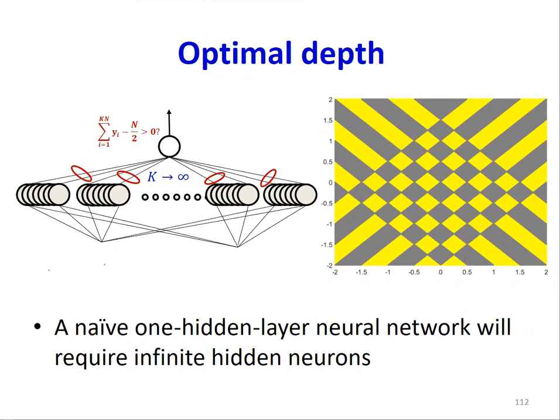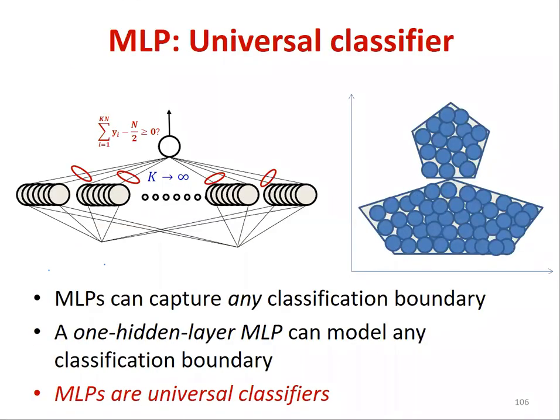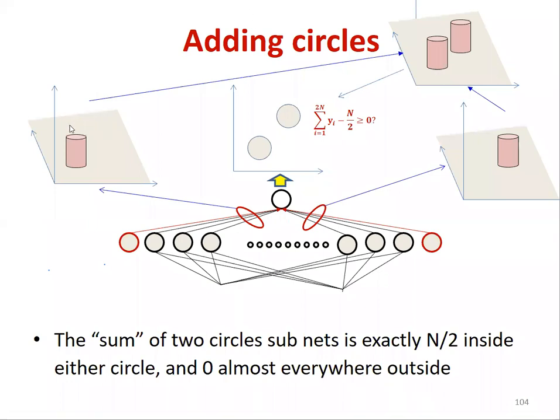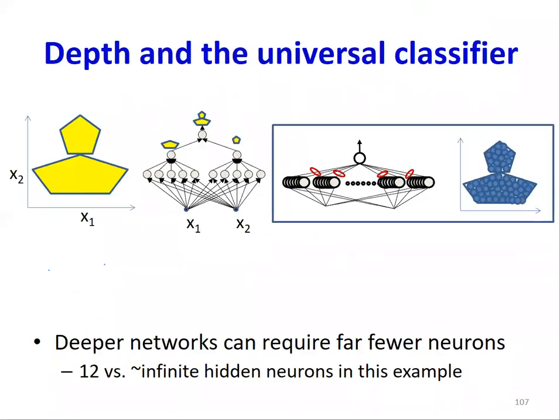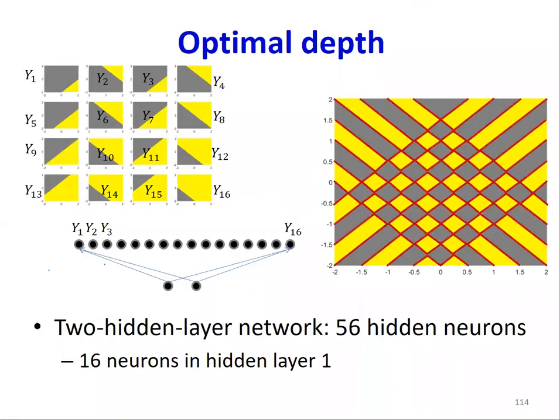So no, n is not arbitrary, right? The threshold was n/2 to get exactly the top. If you use a threshold larger than that, you're not going to get anything. Here the threshold was n/2, right? Because the cylinder has a height of n/2, and everywhere else it's 0. You could have a threshold between 0 and n/2. That would work.